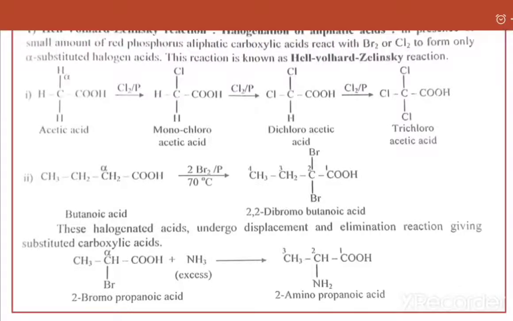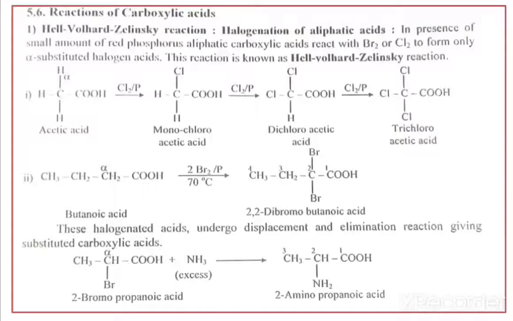So in first step, this acetic acid is on treatment with Cl2 in presence of phosphorus. Here first step is one of this alpha hydrogen. Why this alpha hydrogen? That means adjacent to C double bond OH group, here alpha hydrogen. This alpha hydrogen, one of the hydrogen, is replaced by chlorine here. Now the name of this compound, this is monochloro. That means here only one chlorine, therefore monochloroacetic acid.